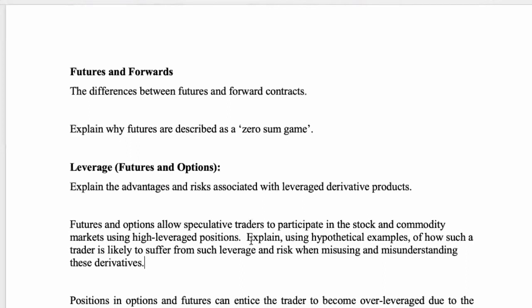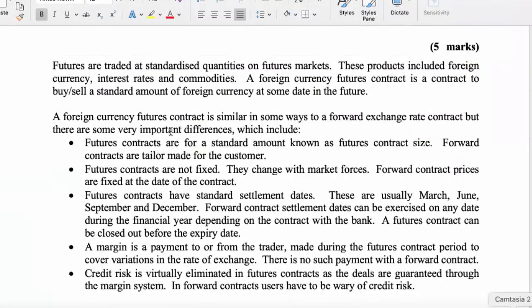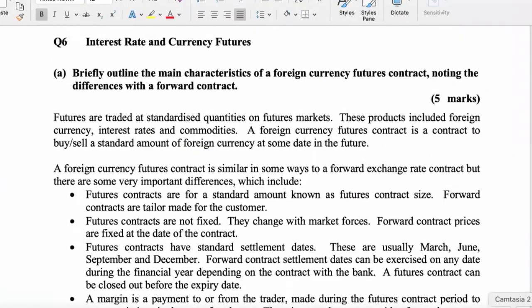Yeah, you could get a question on the differences between futures and forward contracts. I don't want to read all of this out because you already have it, and they're very similar sounding because a future and a forward imply the same type of thing. So let's understand firstly what a futures is and what a forward contract is, refreshing what we did the other day, and then we can note the differences between the two. Let's start off with a forward contract.